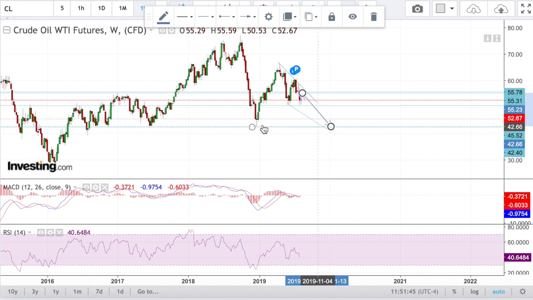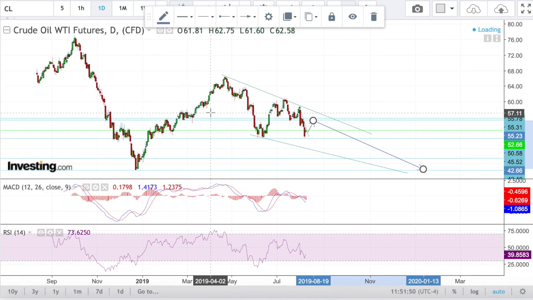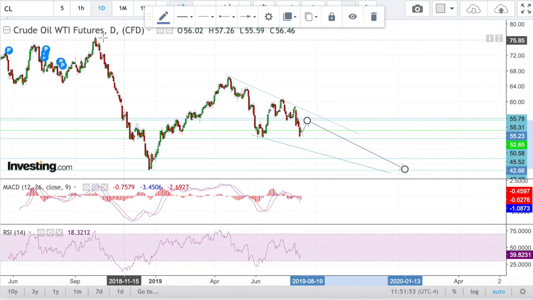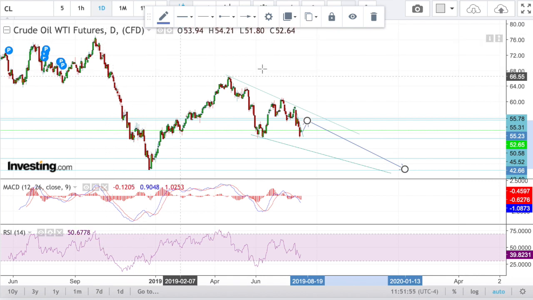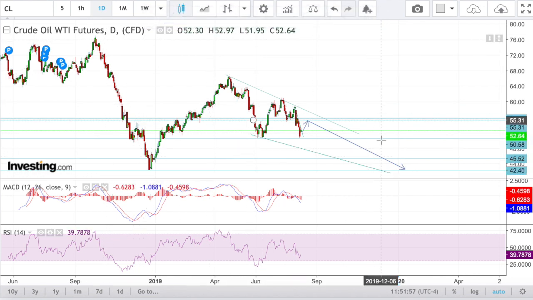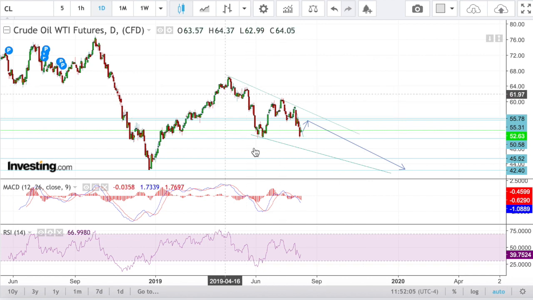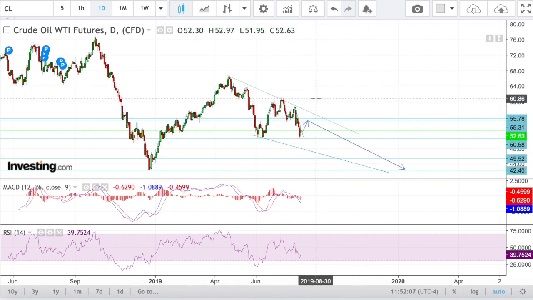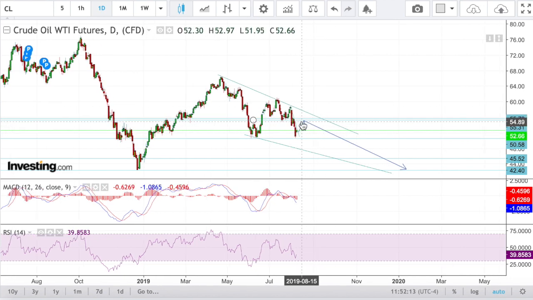That would give us some weekly divergence, and that would definitely set us up for a nice rally, potentially all the way back to here. If we have some divergence on the weekly chart, it could go on for a nice multi-month rally. So that's something I'm watching. I think there's still room for the short side, so I'm not going to set up any long trades right now on crude oil. I'll definitely make videos if I see short opportunities.